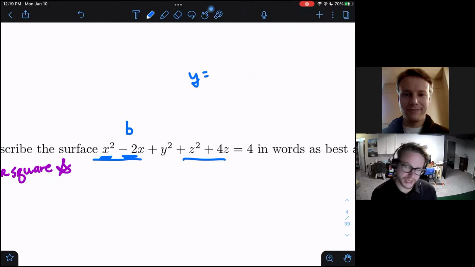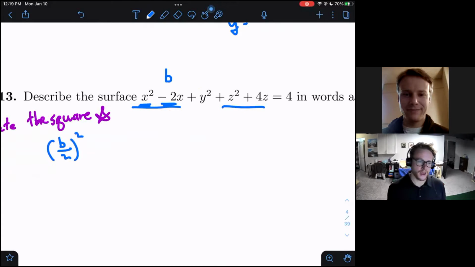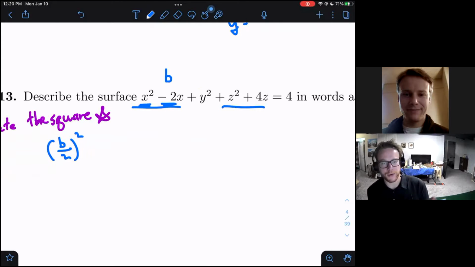And in order to get the piece that you want to add on, you do b divided by 2 and you square it. And remember, it took a while to kind of convince ourselves that this is the right thing to actually do, right? That this is this good quantity to add on. But now that we know this, right, we can apply it fairly quickly.